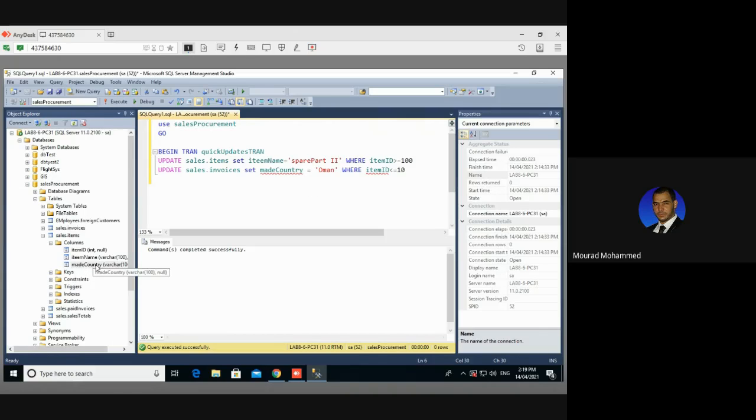It is here, made country. Invoices, actually we don't have made country. I made a mistake. I'm reading the column from the items table, which is not right. We need the invoices table. So columns here. Here it is actually the date, modified date. So modified date